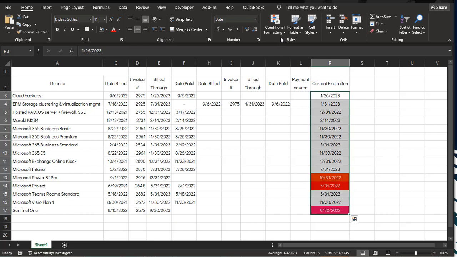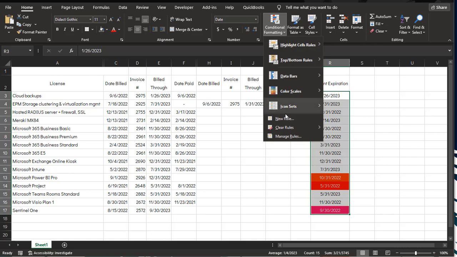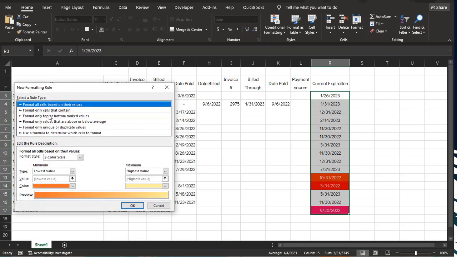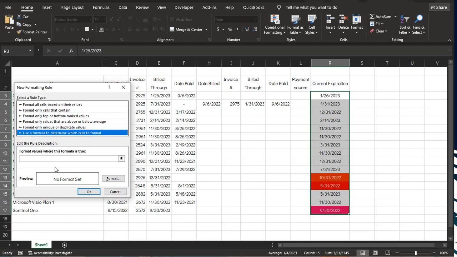So the other thing you can do is you can apply a date for the future. So quickly, I'm going to go back to manage rules, and then I'm going to say new rule. And that's how you can also go back and change and edit a rule at any time you want. So I'm going to go use a formula to determine which cells to format. I'm going to start with the same exact formula, equals TODAY, and then begin in parentheses, minus R3, because that's, again, my first date cell, and it's going to apply to all these cells, right, because I have them all